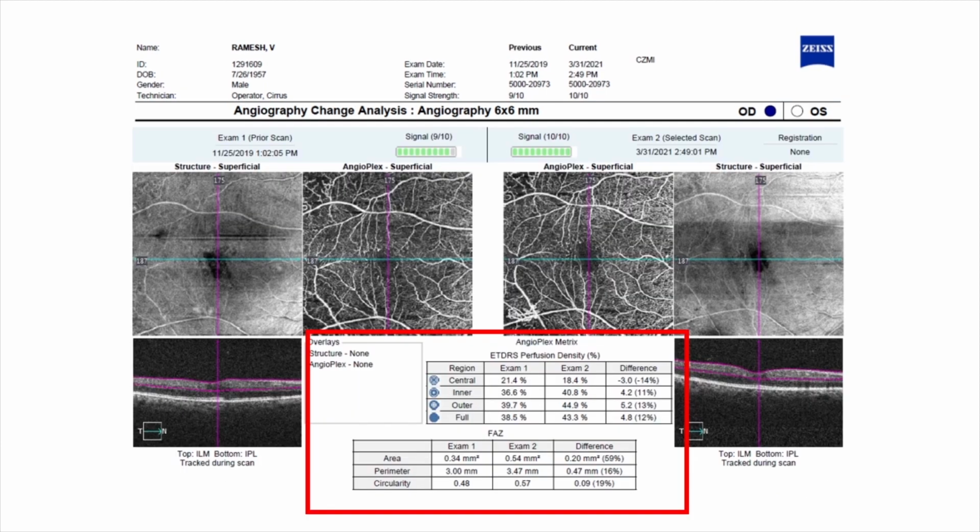And we can have a comparison between two scans also. So here they give us the difference between the values. These values, clinically, we usually don't analyze, but these are important when it comes to research. These are the automatically calculated values, so these can be entered, and we can analyze them